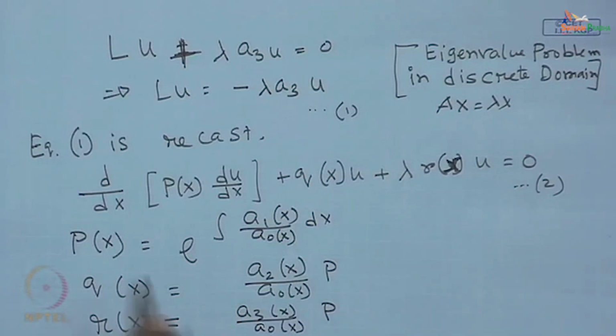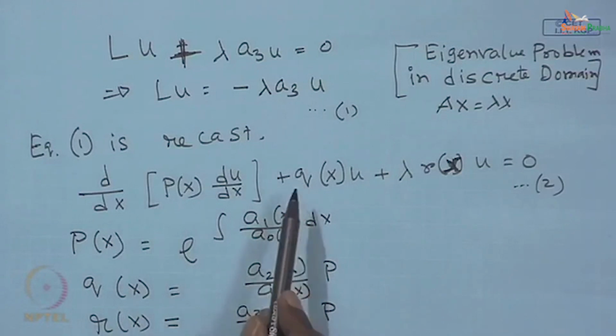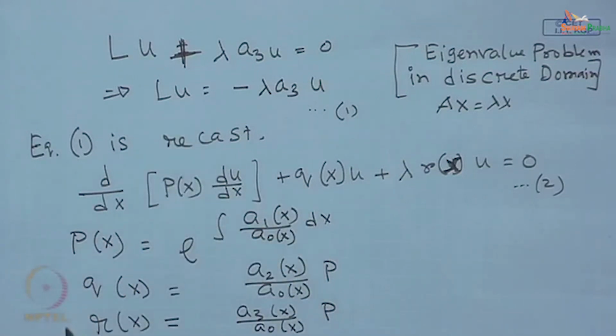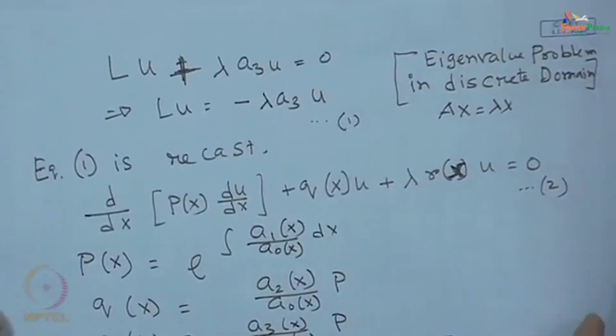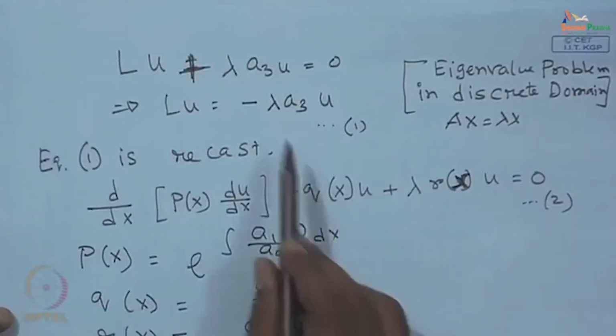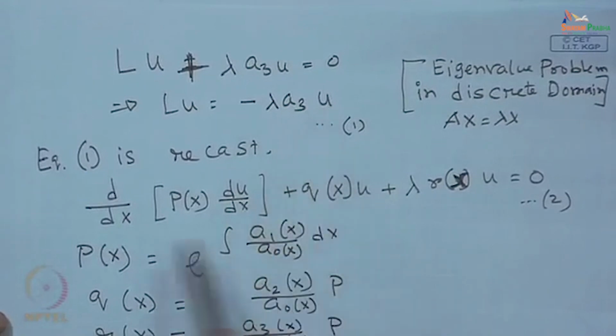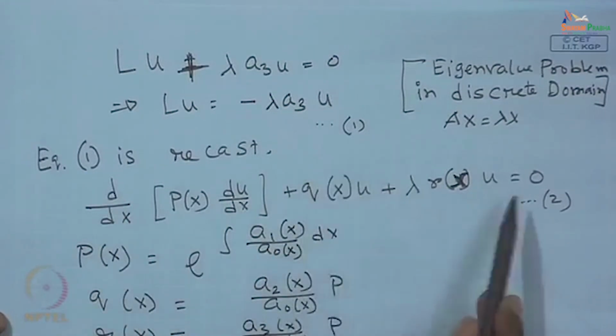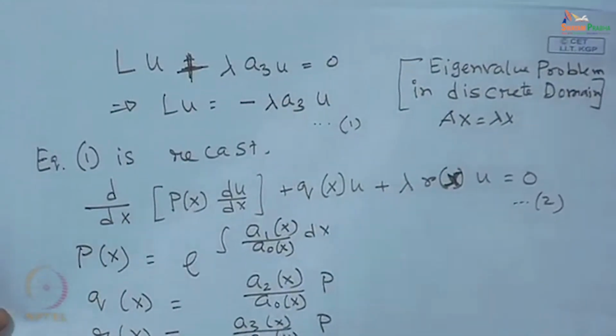Now, we can substitute p, q and r in this equation and we will be getting back this equation. So, let us try to do that and prove that the form of L u equal to minus lambda a3 u, and this form, that is equations 1 and 2, are identical in nature. So, therefore,